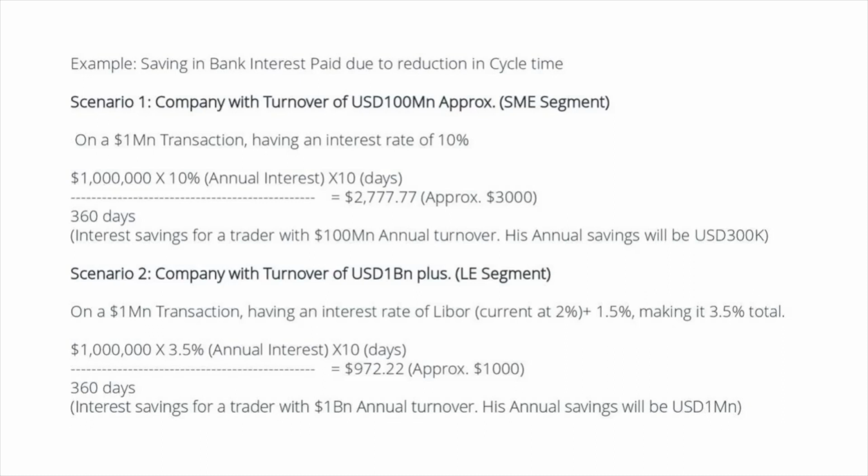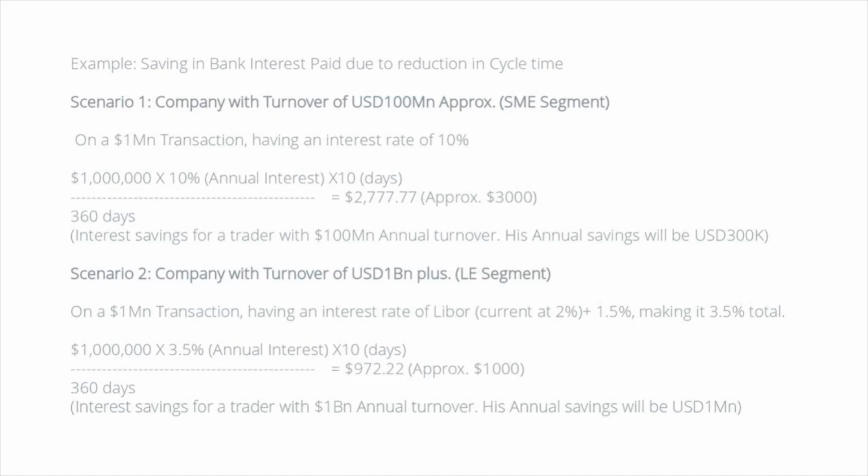Taking that as an annual interest rate, dividing it by 360, the banking number of days in a year, and with 10 days, it's approximately $1,000 that he saves. So the interest saving for a 1 billion annual turnover company, a large enterprise, is about 1 million annually. So if you look at the spectrum, if I can draw it here,